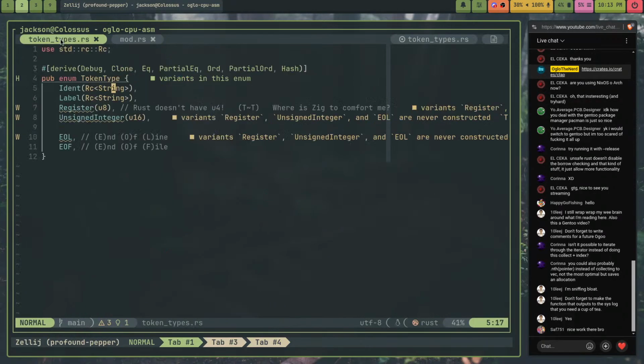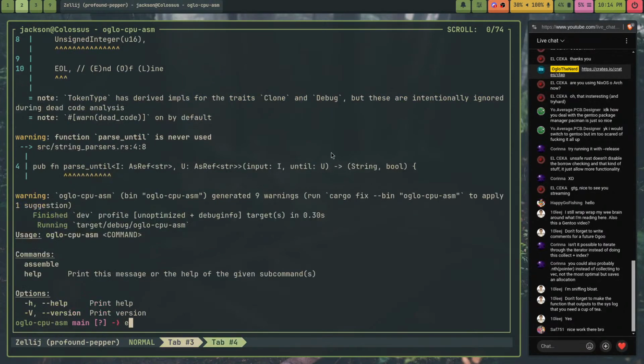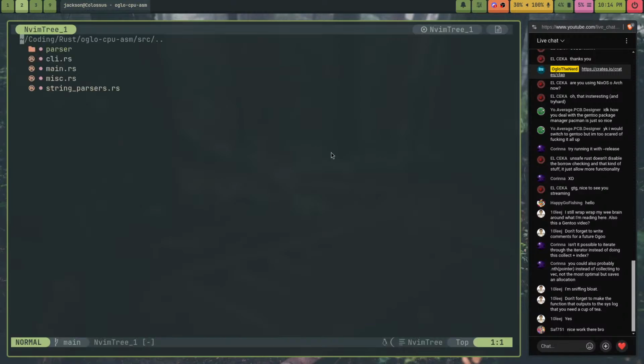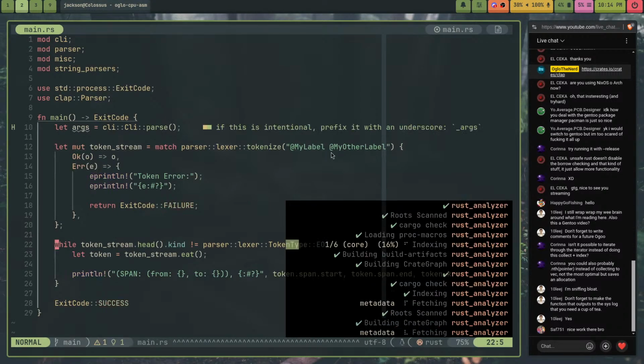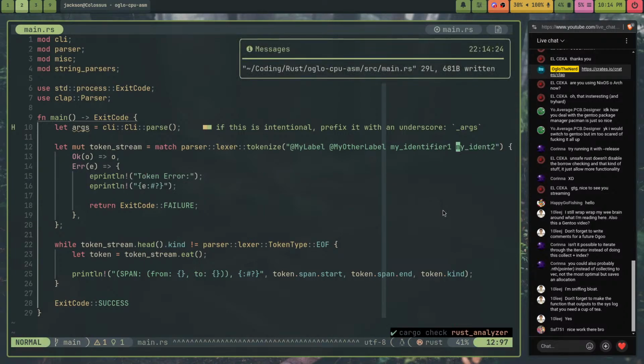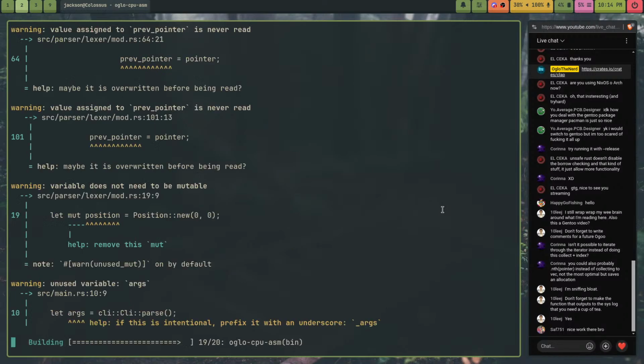And I should also, you know what, honestly, I don't need Zellij open. Nvim src main Lex, my identifier 1, my ident2. My ident1, my ident2. So now if I cargo run